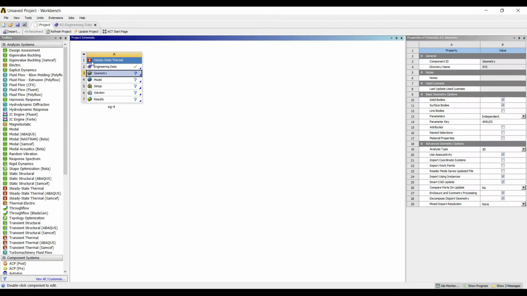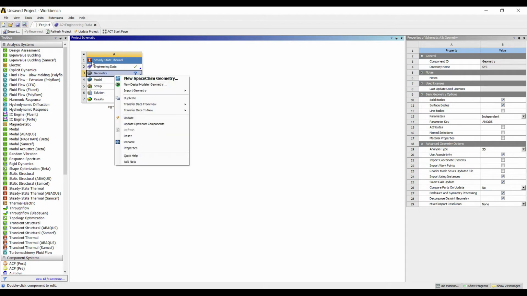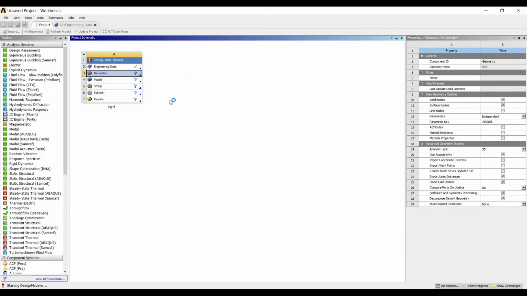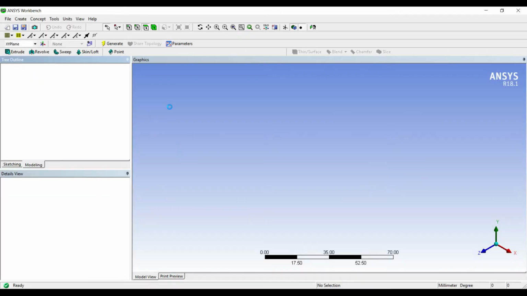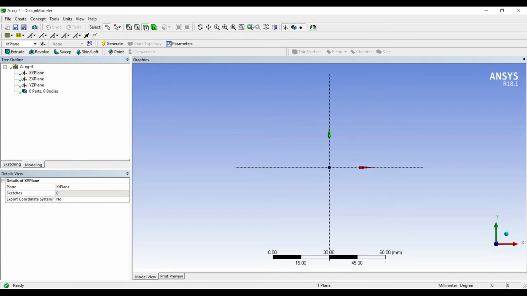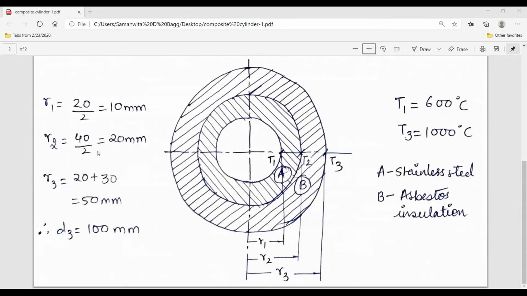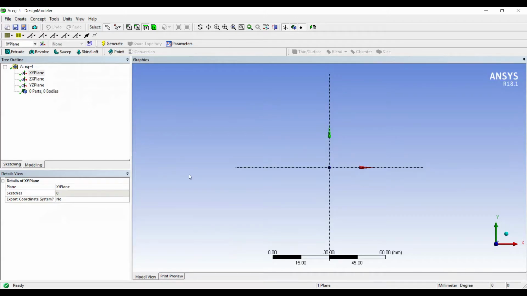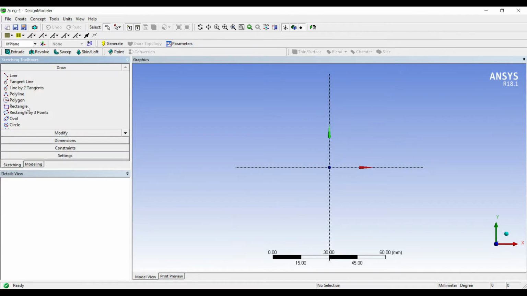Next I'll go to geometry, right click, new DesignModeler geometry. I'll go to units, millimeter, XY plane, look at. You can see over here the outer material is going to have inner radius as 20, means the diameter is 40, and this outer one is going to be 100. So I'll go to sketching.